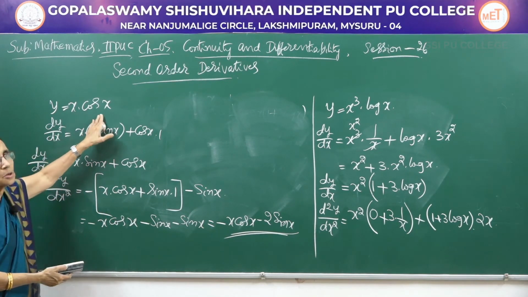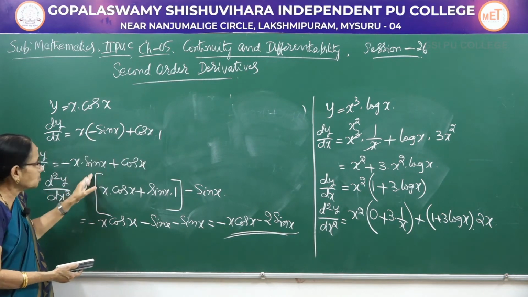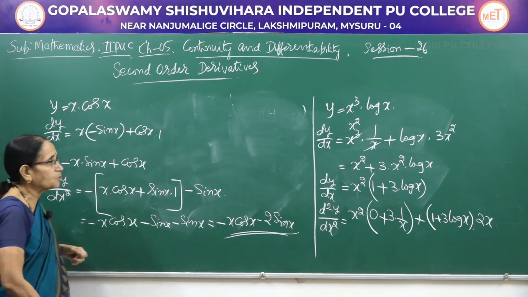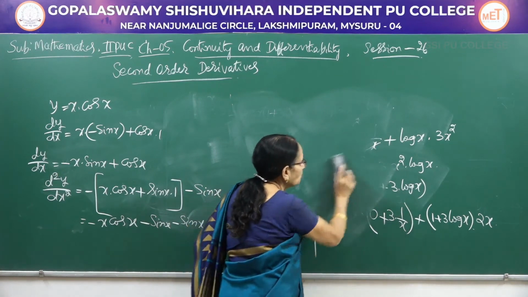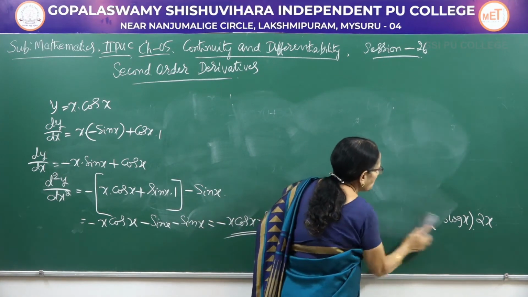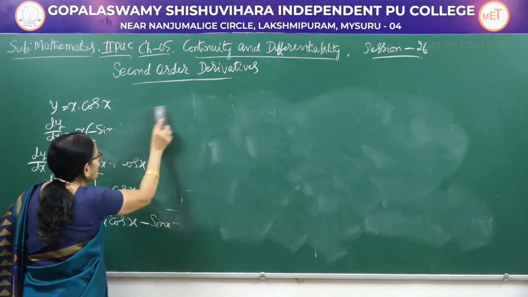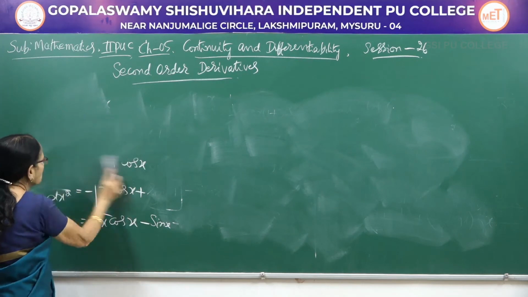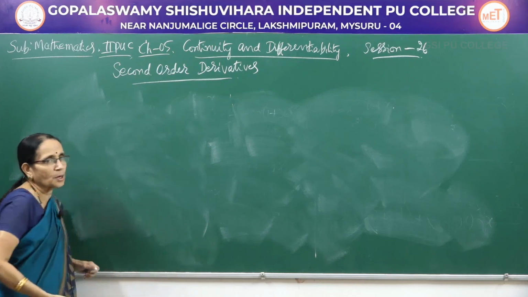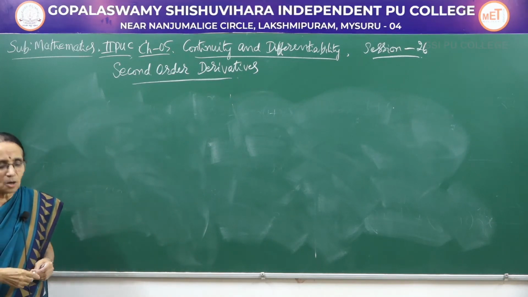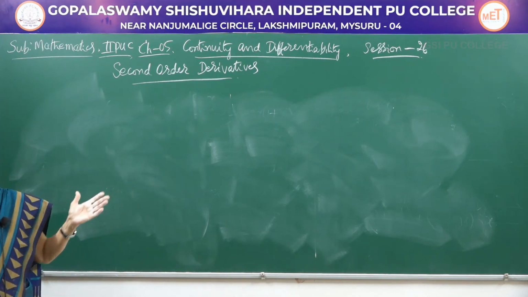So suppose I had x into sin x here. So it becomes x into cos x plus sin x into 1. So for this term, again you have to apply the product rule. So here, depending upon how the function is given, we go for the differentiation. We may have to apply the product rule or the quotient rule or the chain rule, whichever rule is applicable for that particular function. So I am considering here product of the two functions. I took algebraic with the logarithmic function and algebraic with the trigonometric function.